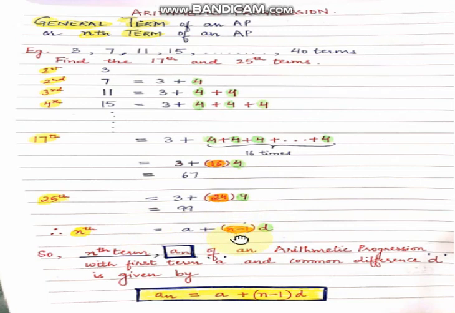And if it is the nth term, then what will come here? It will be n minus 1, because when we were talking about the fourth term, we had 3 jumps. When we were talking about the third term, we were adding 2 jumps. So 1 less always. If it is the nth term, then n minus 1. So the nth term, denoted by an, of an arithmetic progression with first term a and common difference d is given by this formula, which is a generalization through this example: an is equal to a plus n minus 1 into d.